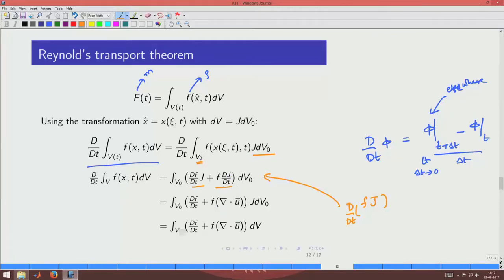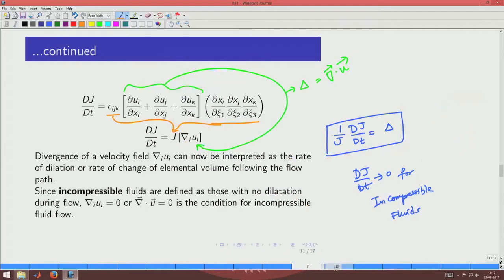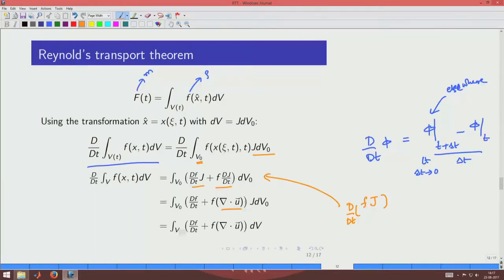dj by dt we just now saw that it is equal to the rate of dilation. So, we introduced that here. So, we can see that the expression we derived here is immediately applicable here. Okay. So, we introduce that, and then we see that the terms can then be collated, and what we do is we expand this term. Okay. So, we know that df by dt is defined as material derivative. So, we expand it. So, we already know that this operator is nothing but this operator. Okay. So, we use that expansion, and then